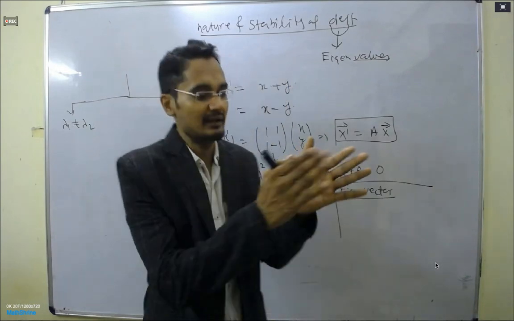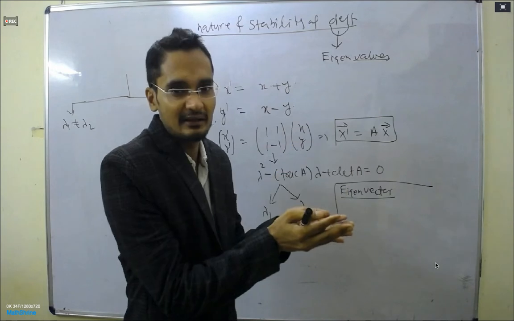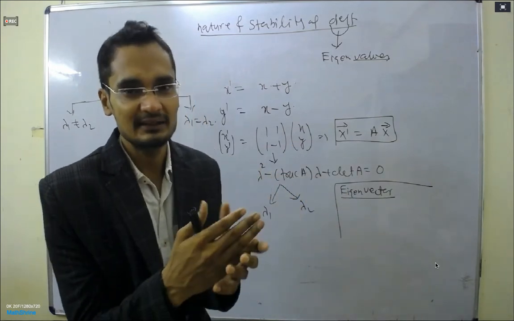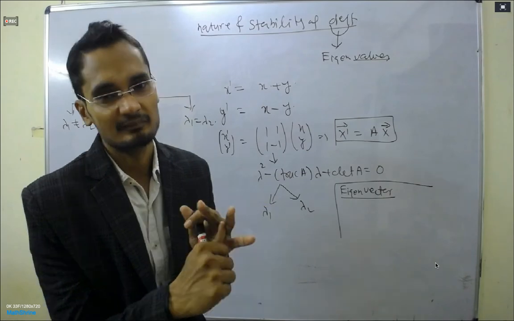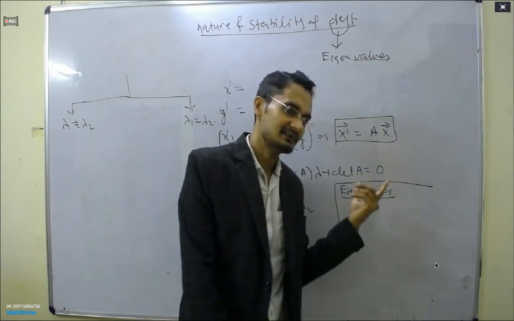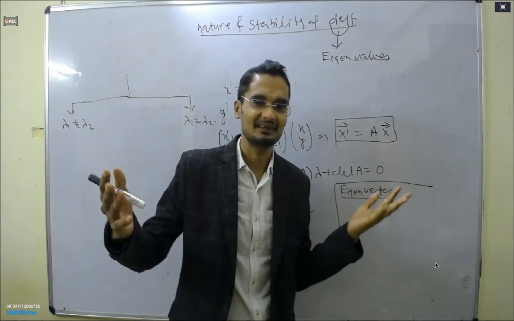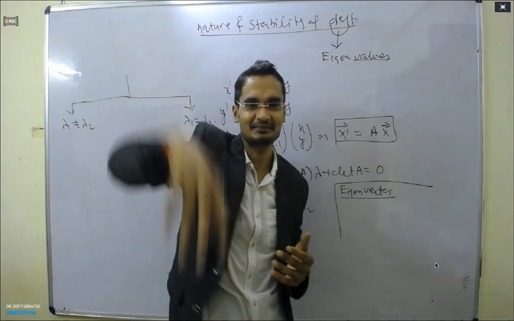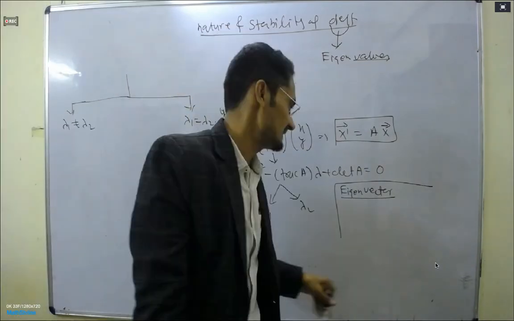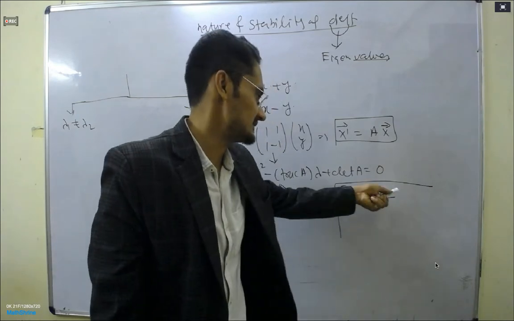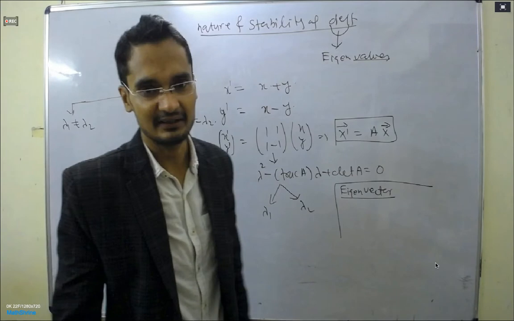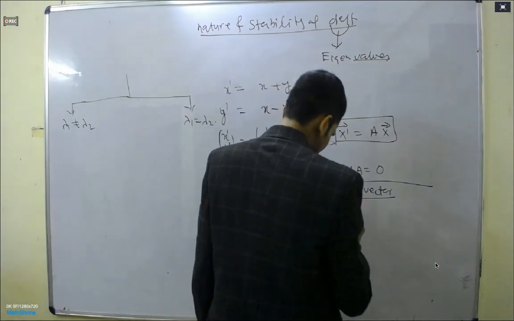If A is a matrix, and suppose X is a non-zero vector, if I apply AX and it is proportional to X again, that is, if I apply A over any non-zero vector and it gives the same vector direction, we say this X is known as the eigenvector. All right, everyone? Yes, so this is known as the eigenvector.